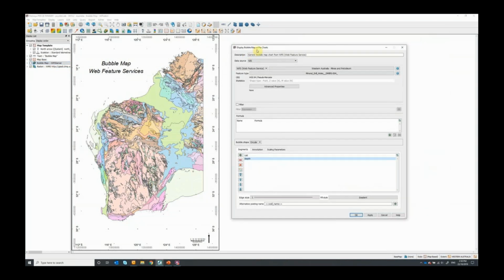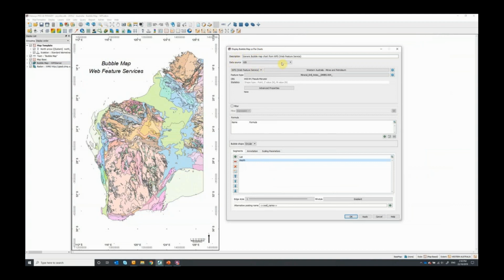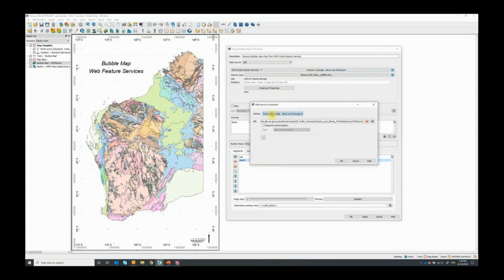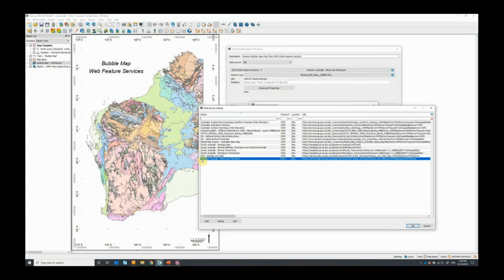As you can see, now we have the ability to have multiple sources: well data sources, database, or GIS data source. In this case, it's a GIS data source, and we support all of these types of data sources for GIS. In this case, I'm reading the point data from a web feature service, also coming from the Western Australia Geological Survey. So I connect to